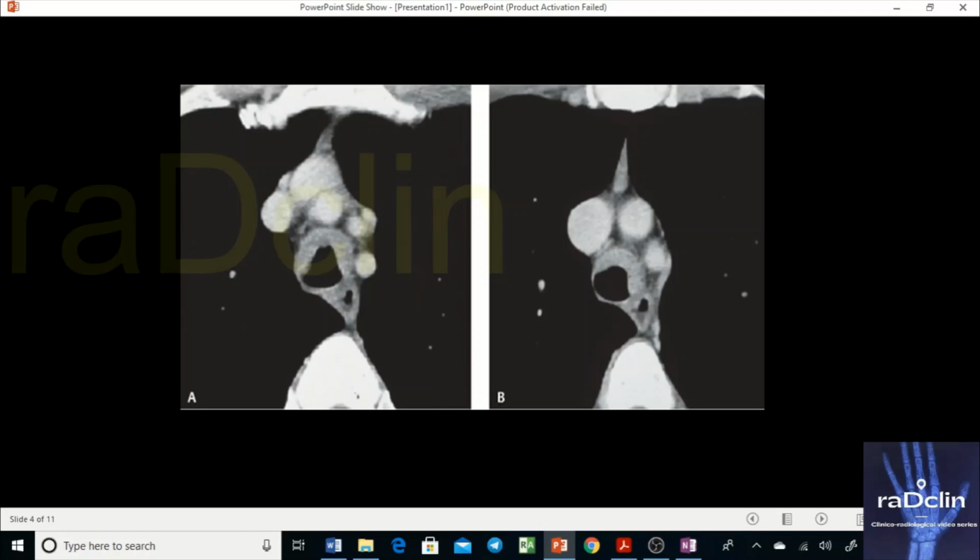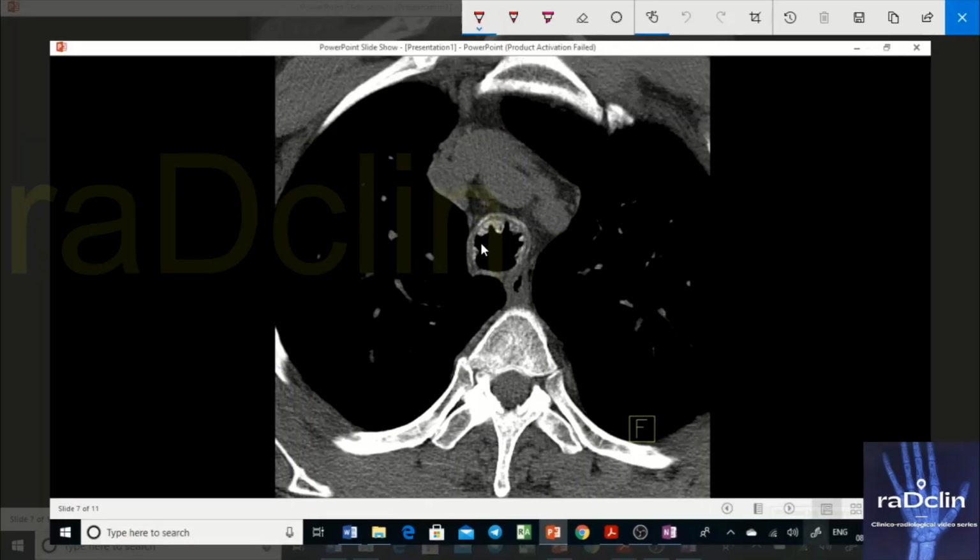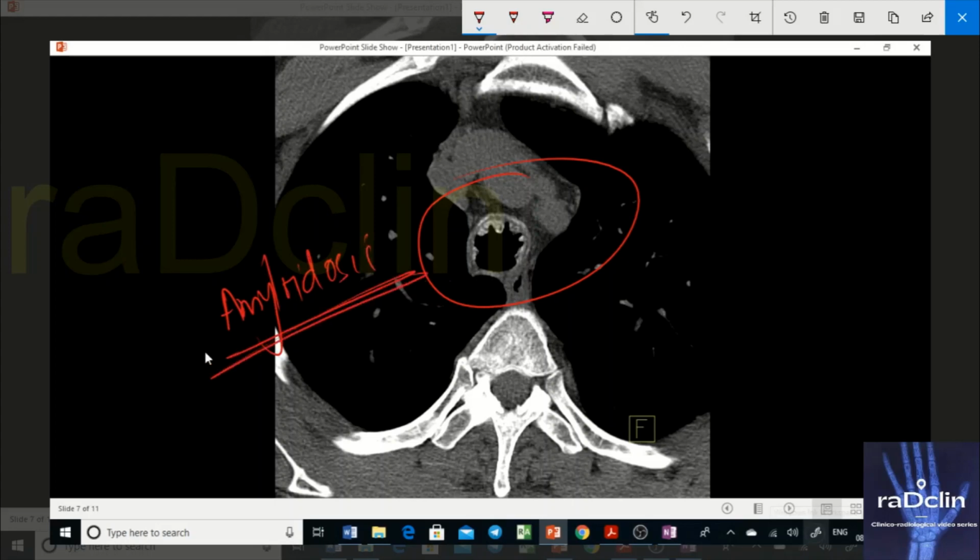If we look at this particular diagram, this CT scan, you can clearly see multiple nodular calcified deposits in the anterior and bilateral walls. Can it be amyloidosis? Definitely it can be, and amyloidosis becomes a close differential diagnosis for this patient. But remember, amyloidosis can involve the posterior wall as well, so you might see a deposit here too. You have to scan this patient in and out to look for other nodules.